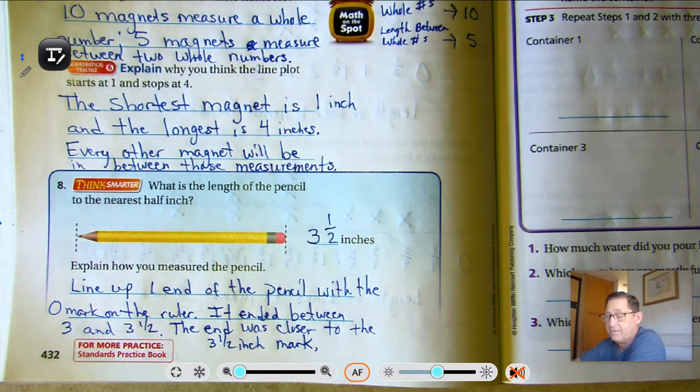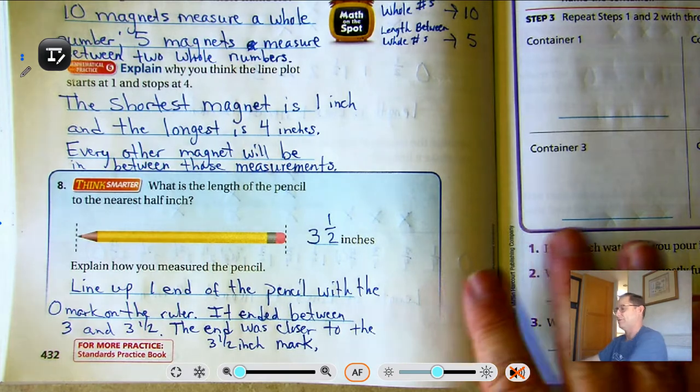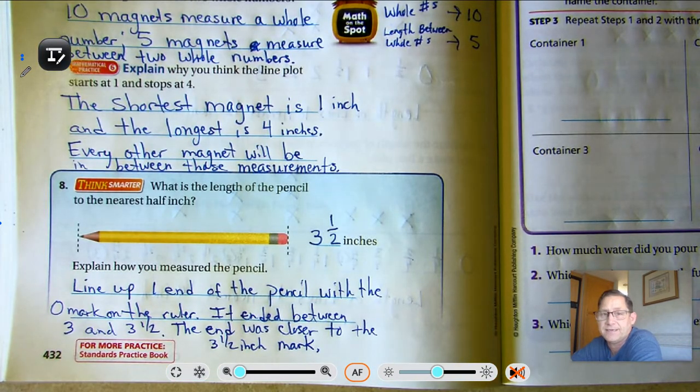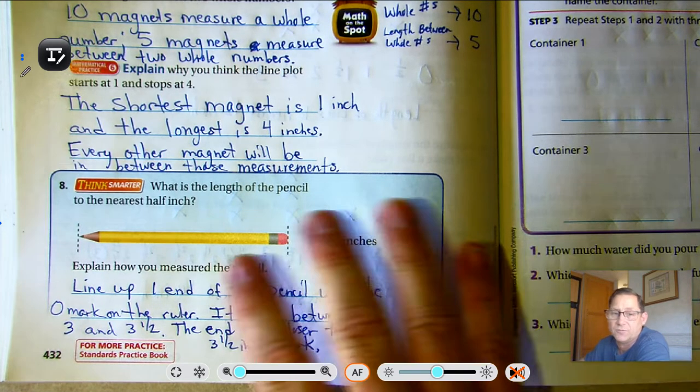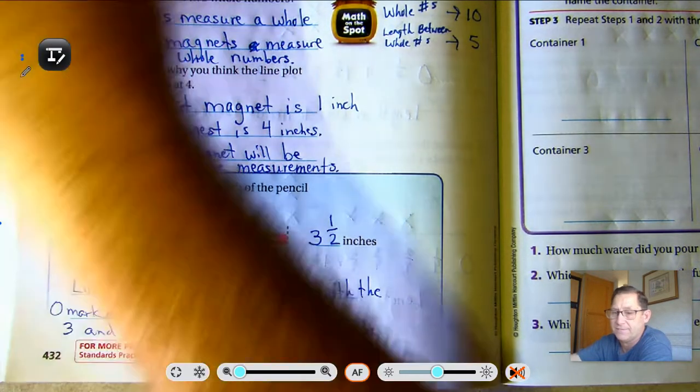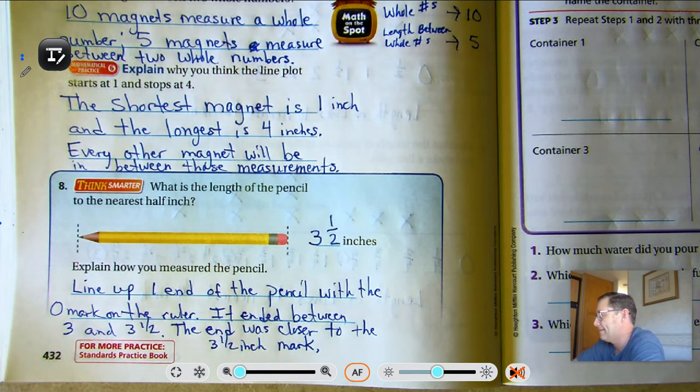So 3.5 inches. All right, so that's it for measuring and creating measurement data and learning about line plots. So basically, keeping in mind for line plots, all the X's represent one of the objects that are being measured or counted. Okay. All right, so in our next lesson or session, we will be talking about